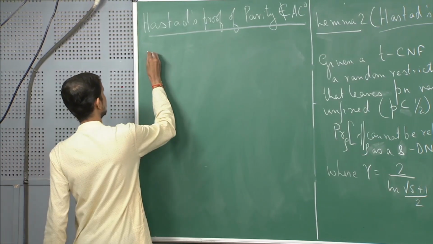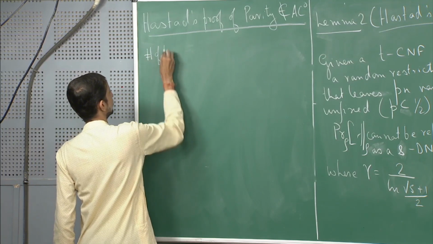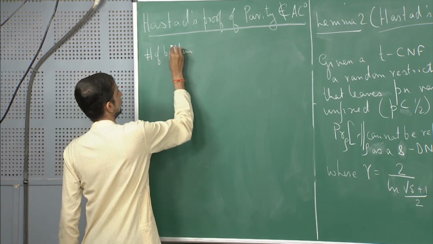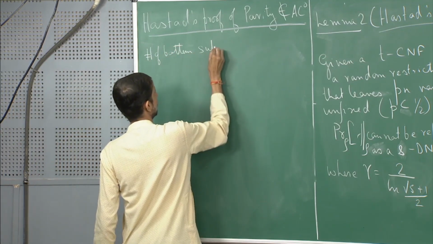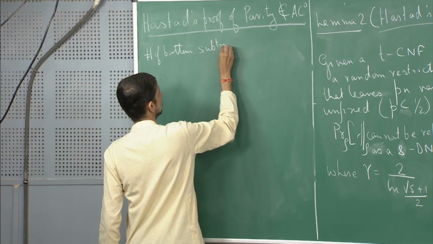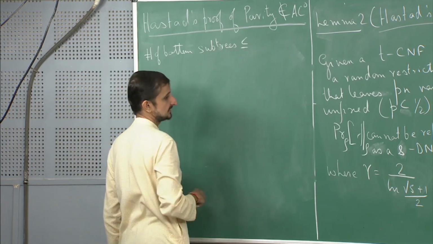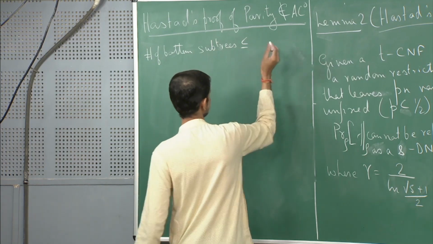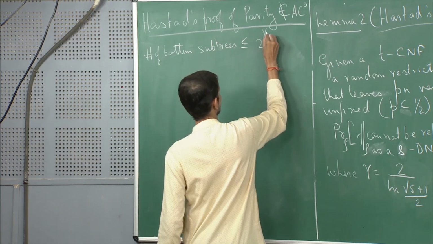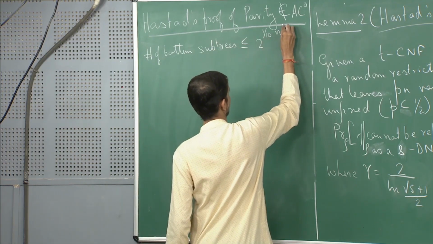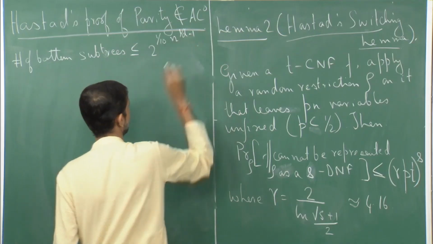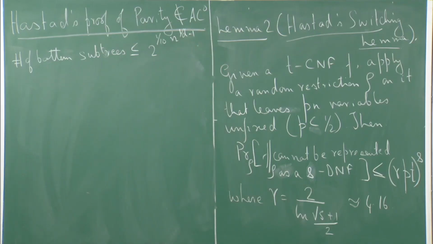So the number of bottom subtrees is at most the bottom layer size, which is at most 2 to the power 1/10 n to the power 1 over d minus 1. Okay. So now if I take a union bound,